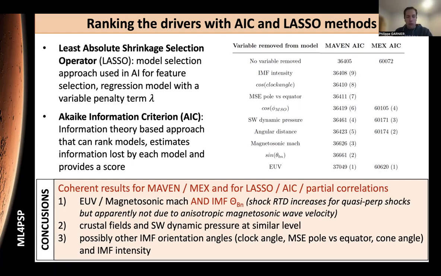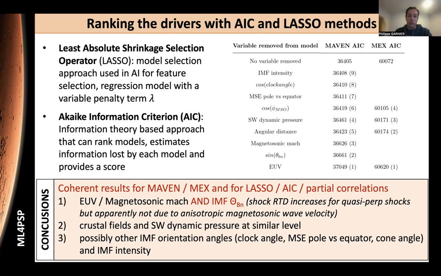So overall, I think, before I finish with the last slide on other topics, it's important to think that when you are looking at statistical analysis based on specific data sets, we have to take care of the possible biases of specific missions, specific data sets, and this comparison between several missions and comparing with several approaches, I think is important to avoid misinterpretations. And in particular, when we're looking at minor drivers,